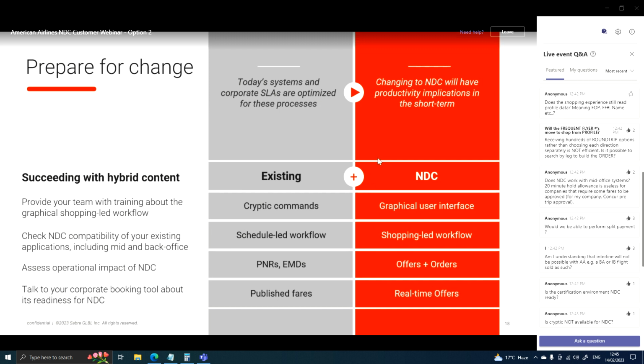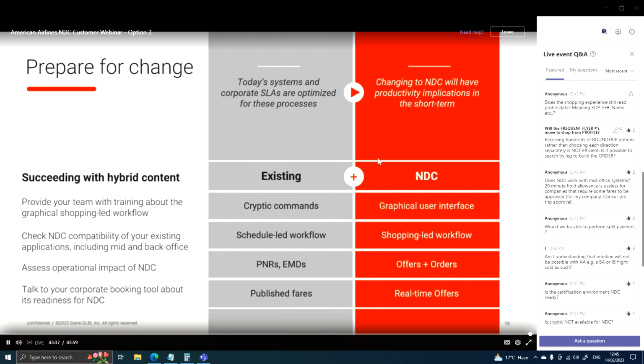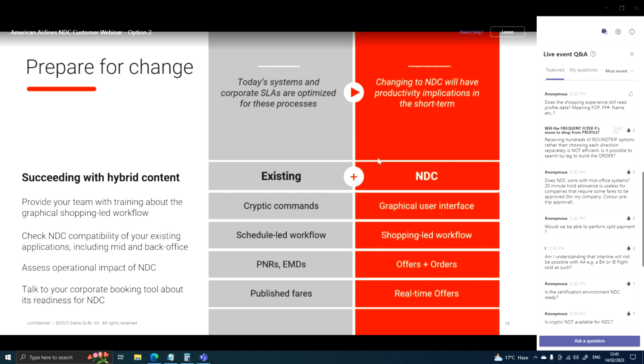Ultimately, NDC as a concept does not support schedule and inventory-led workflows. So if the working practice is availability, sell a class, price it, maybe price the lowest on that itinerary, or even other options, that workflow is not compatible with NDC. NDC is all about offers and orders. So the shopping mechanism is the only path to consume NDC, because really that's the only supported path the industry supports. So in that construct, the shopping path, as Sarah showed in the demo as well, is